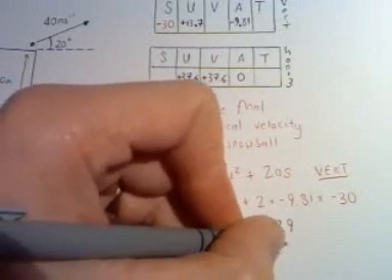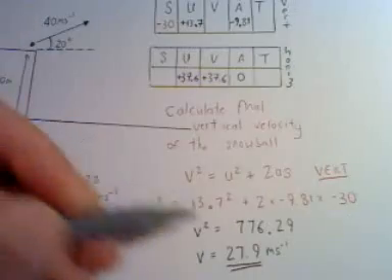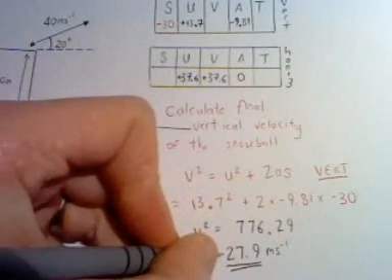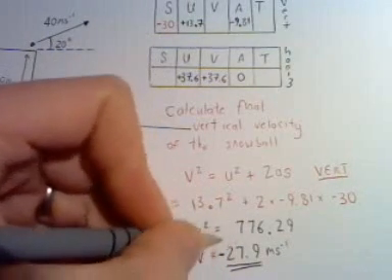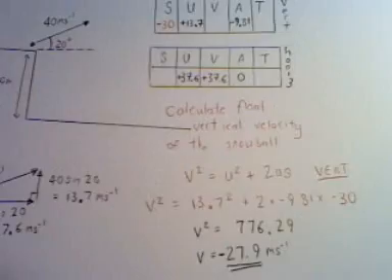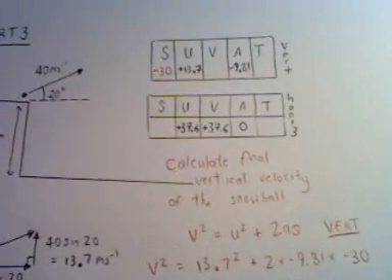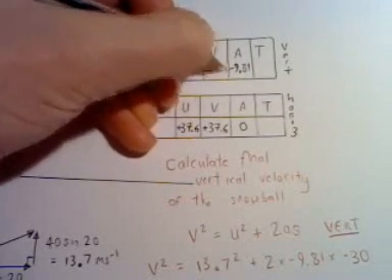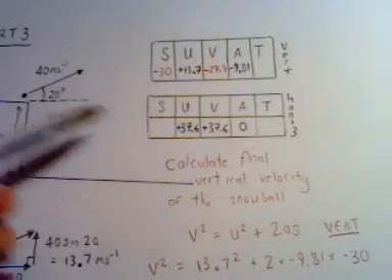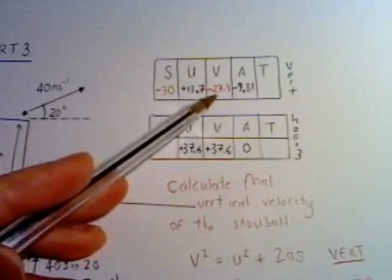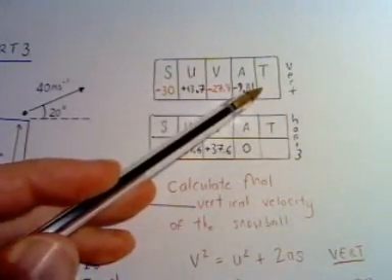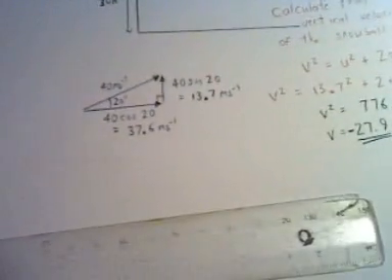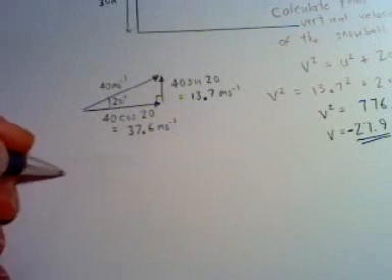27.9 meters per second. And again, it's going to be a downwards vertical velocity, so we need to think about whether that's a positive or negative number, and it'll be minus 27.9. So if we turn to the grid there, that will give us minus 27.9. And if we calculate the final vertical velocity, that just makes it that little bit easier to get that flight time there. So if we move down now to calculate the flight time,